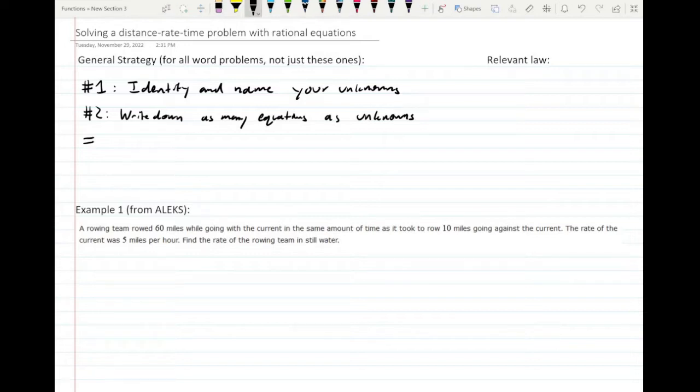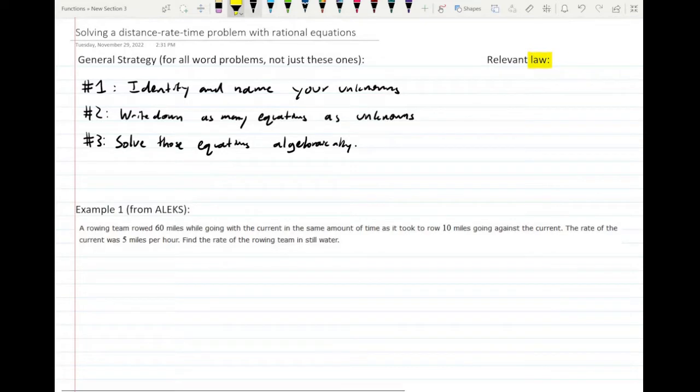And the final step is to solve those equations algebraically. Now, before we apply this strategy to these word problems, we're going to need to know one law that's relevant